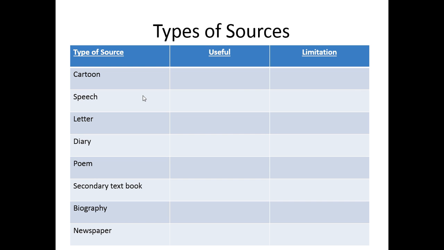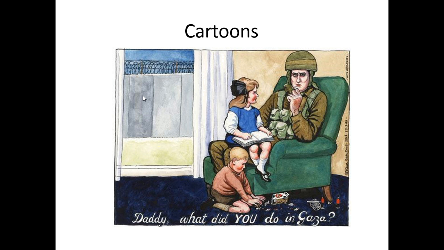Again, I've looked back through the exam papers at the types of sources, in order, that they've used. So this is a cartoon. Now cartoons are interesting. They're using humour to make serious points about very controversial issues. So this is about the Israeli conflict. Things are normally exaggerated around a very sensitive subject, and what you need to do is really infer the meaning from this. So I think the meaning of this source is that the soldier looks like he's had a very traumatic experience. The child on the floor, his son, is learning from that experience the use of violence.